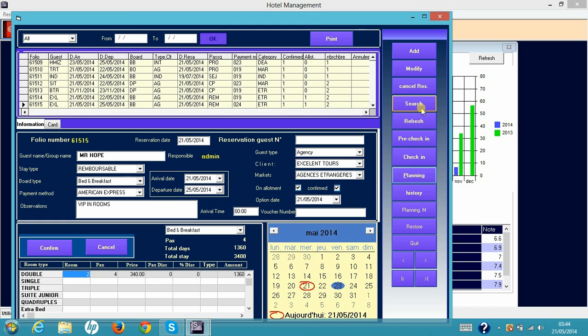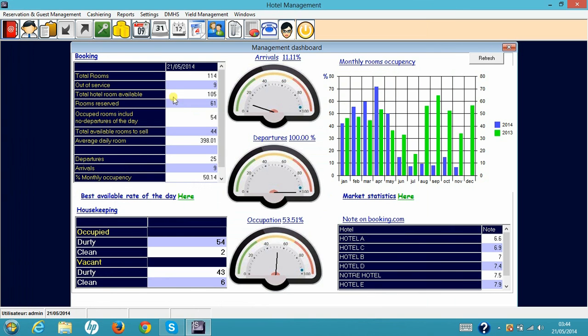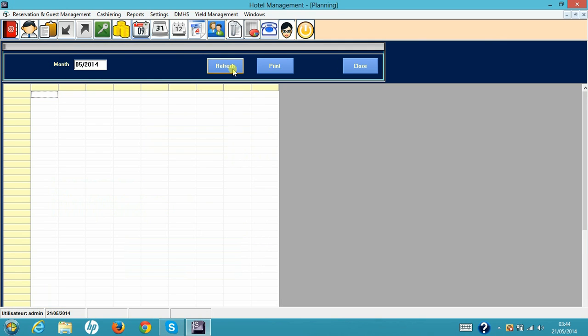Okay, so we can search a reservation, and this is the reservation, and you have here a lot of reports that can help you to see what you have. You have this one, monthly reservation planning by room. So you got here all the rooms in the hotel, for this month, or we can here choose which month we want,